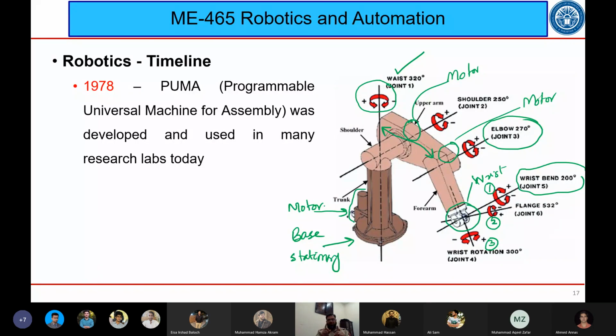So now I have turned you into a robot. Sit in the chair, move your waist like this, then move your shoulder like this, then move your elbow like this, and now come to the wrist. अब देखिए रिस्ट को. रिस्ट में आपकी मूवमेंट क्या है? रिस्ट में नंबर 1, जहां पे मैंने 1 लिखा हुआ है, so 1 में जब आप अपने आप को रोटेट करते हैं तो आपकी रोटेशन would be like this. ठीक है, ये मूवमेंट है, देख रहे हैं आप, ये मूवमेंट।